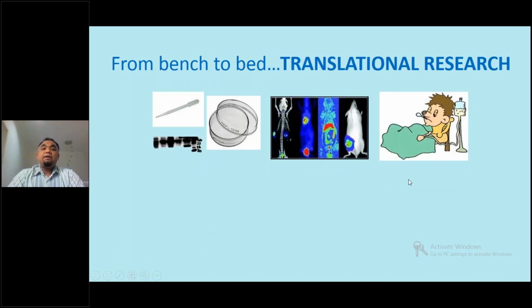So now we have a new term that we call translational research, in which we translate all the results from our labs into clinical practice. You can see from here, the picture is just to show all the lab analysis that we can do in the lab. Now, by having all this data, we can move into the field of animal imaging, in which we use